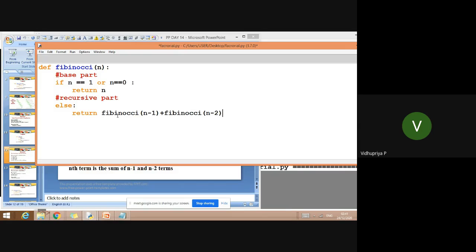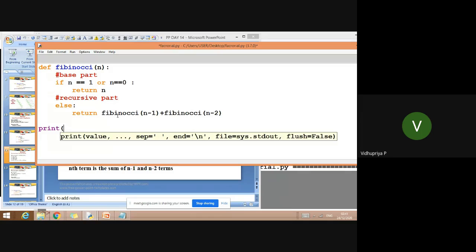Now inside this Fibonacci function itself, we have called the same function two times. That's all. And then finally we can call the function within the print statement,